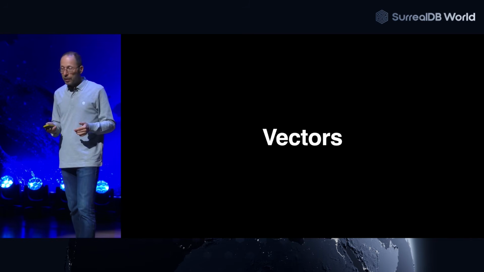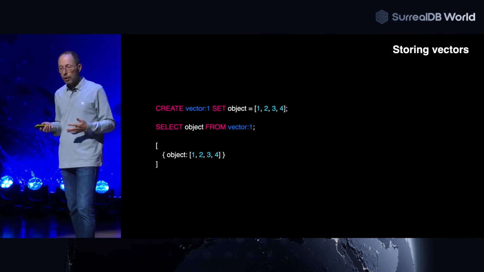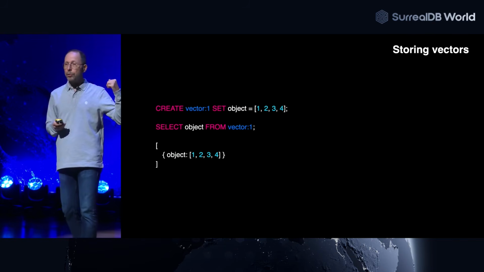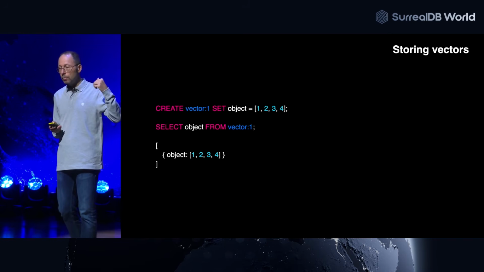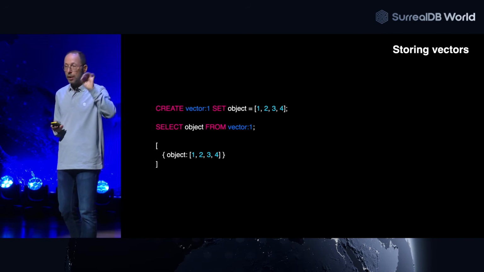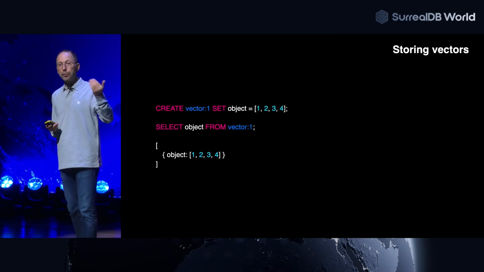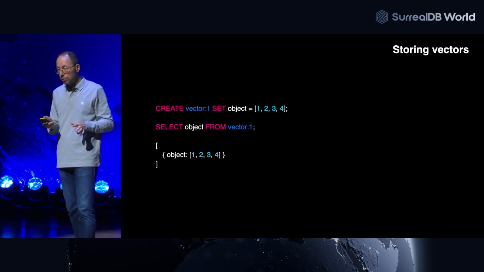The first thing we had to do, for you to be able to use these stored vectors, was to create functions. First, the way you store vectors in SurrealDB is really easy, right? You create a vector, it's just an array. Just put your values. It can be, of course, numeric floating values if you want. If you want to retrieve this vector, it's as easy as any other field. So pretty easy to use.